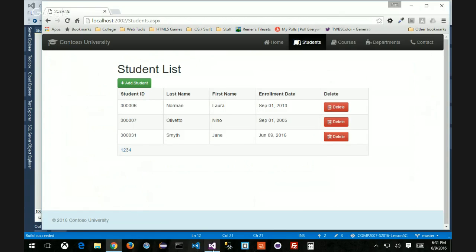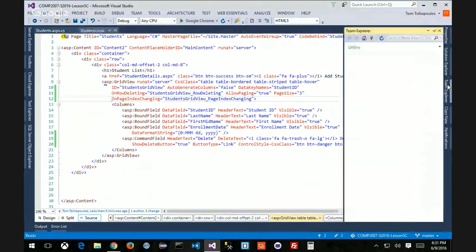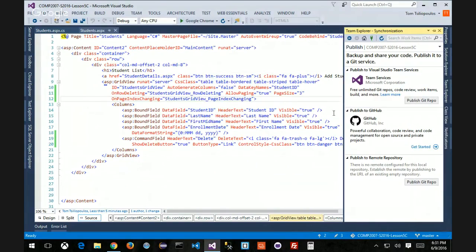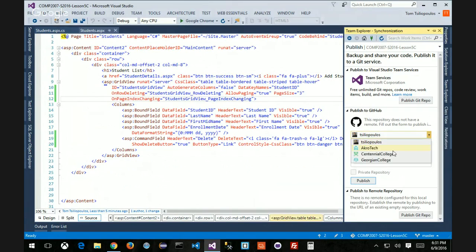uploading it to GitHub, so we have a copy of that. So I'm going to go to Team Explorer, done some changes here. I'm going to go to Sync for the first time. And I'm going to click on Visual Studio 2015. There's an area here that says GitHub. I've integrated GitHub in here. I'm going to search for my Georgian College there. And then it's going to be COMP2007, Summer 2016, Lesson 5C. This one. I'm going to click Publish, which is going to create a new repository up on my GitHub account